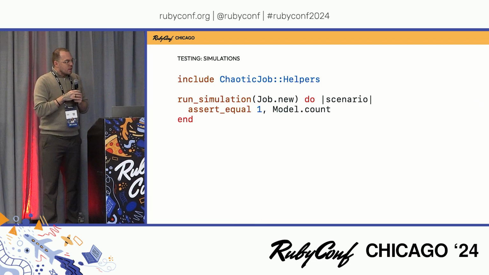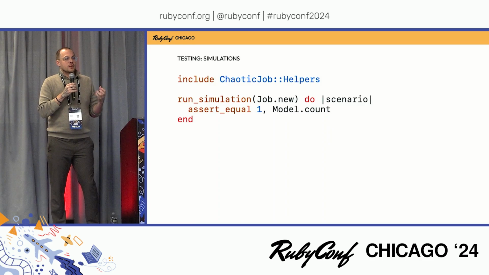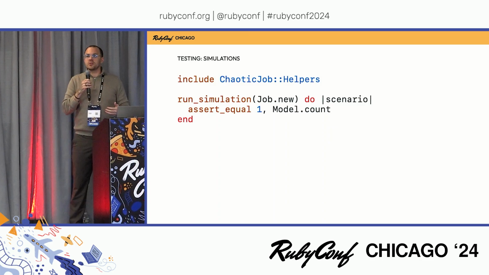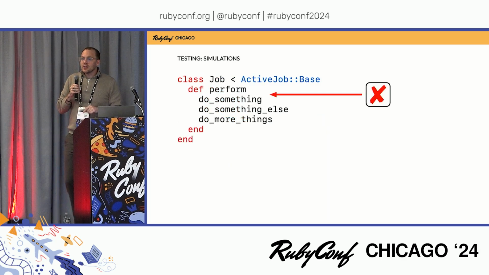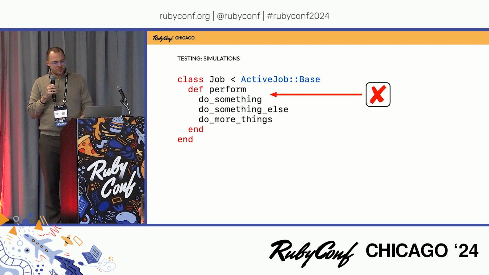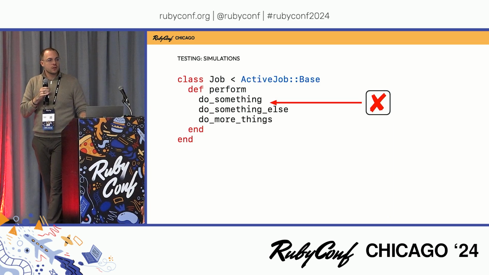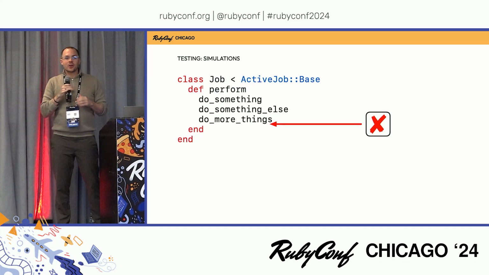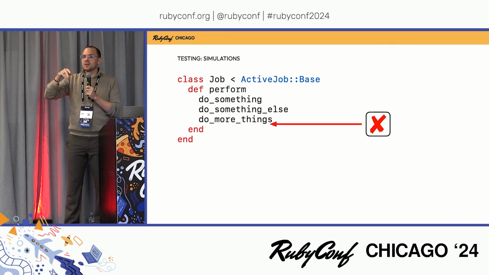So the final helper method that you get is run simulation. You just give it your job instance, and then you define a block. And inside that block, you can define whatever assertions you want. If we go back to our made-up job here, what that's going to do is build up for itself a scenario for every possible error location in your job. It performs your job once, tracks all of the line executions using a trace point, and then says, okay, an error could occur here, or here, or here, or here. I'm going to take your block of assertions, define those scenarios, run them to completion,